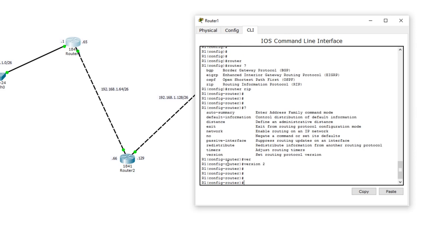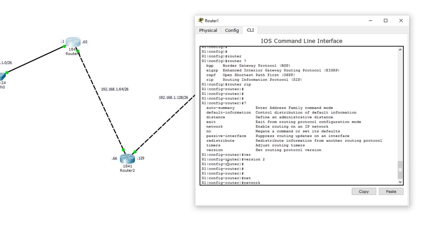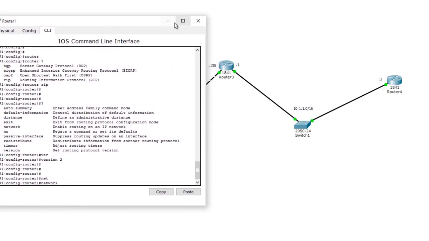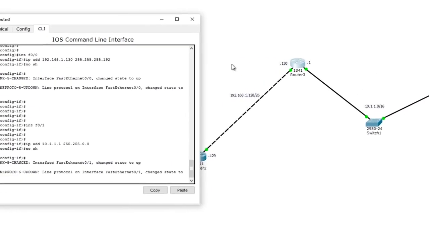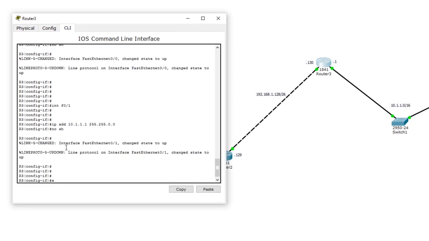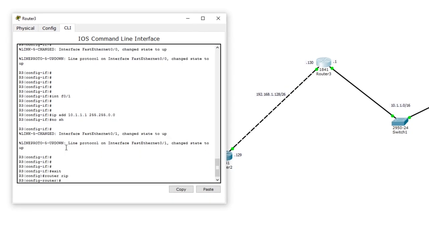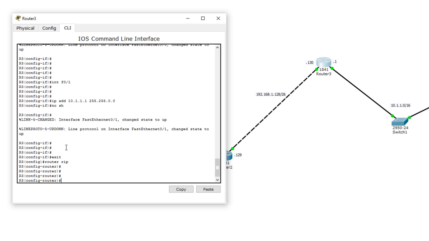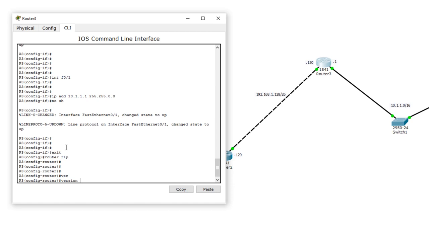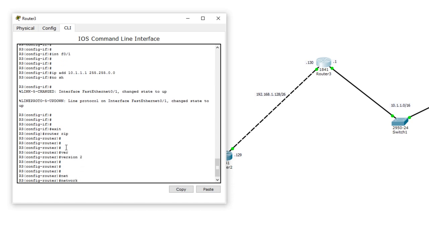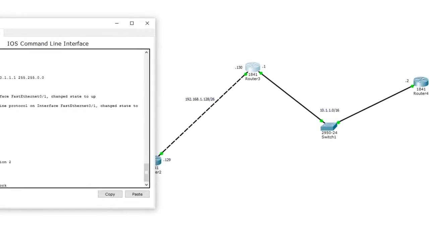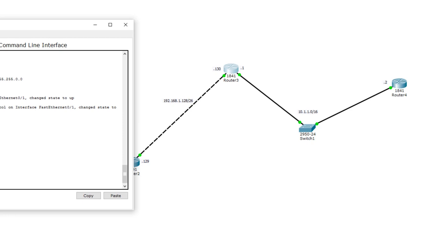The next that we're going to use is the keyword network, right? So when you say network, let me do this. Let me not start with router 1. I will come back to router 1. Let's start with router 3. So I go here, router rip. So we have got into RIP sub-configuration. I say version 2. Now I say network. And let's start with this side, right? So this interface is